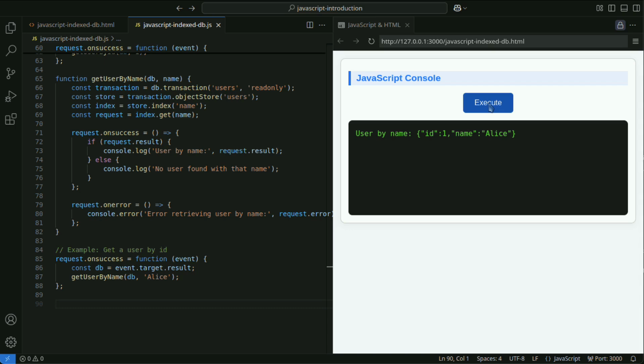To update existing data, overwrite it using the put method. If a record with a matching primary key exists, it is updated; if not, a new record is added.